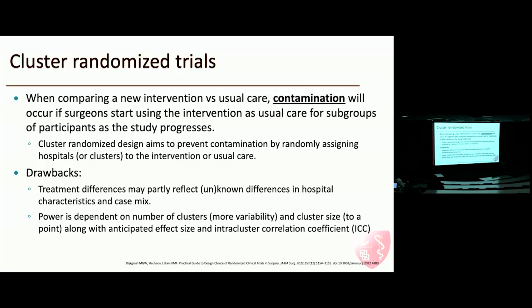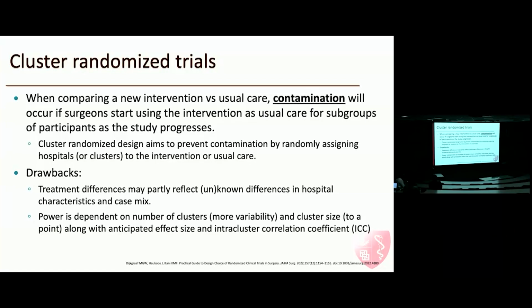And power is dependent not on the number of patients. So in traditional power analysis, you look at, what is the effect size you want and what is the minimum number of patients that you need to avoid type 1 error, and that's all. But for cluster randomized trial, not only do you need to take into account the anticipated effect size, but also how many clusters do you need that have enough variability that you could get the power that you need. And you could keep adding more patients to a cluster, but there's a law of diminishing returns there. For this trial, for instance, for PROVE-AAA, we only needed 12 patients per site, but we needed 20 sites to achieve the power to answer that question.